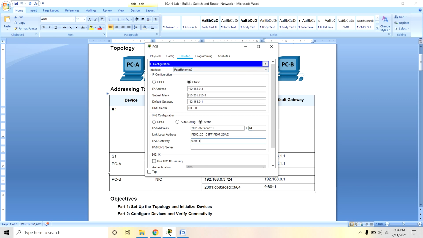Configuring the IP addresses, subnet mask and default gateway settings on PCA and PCB is completed.